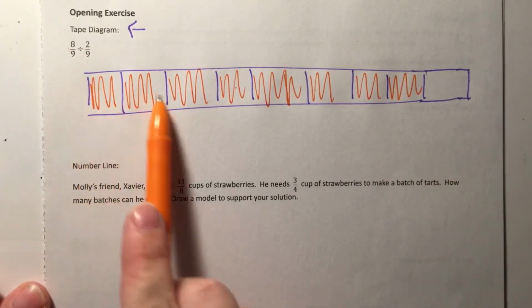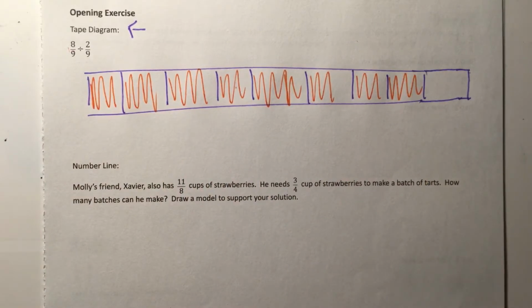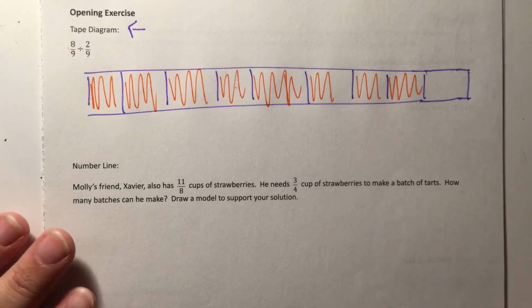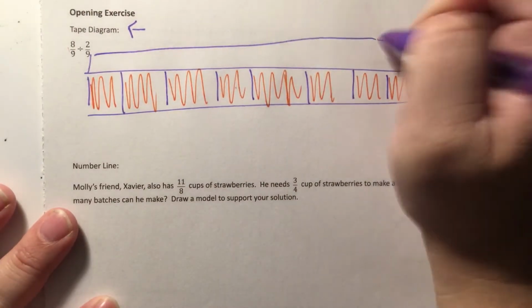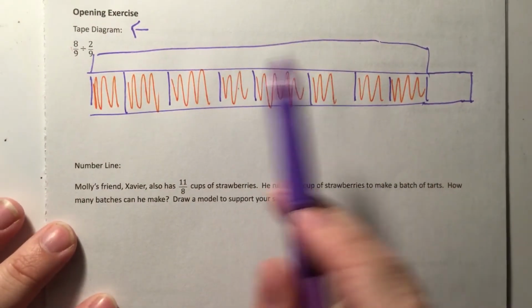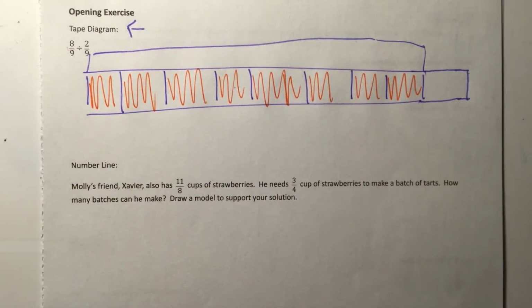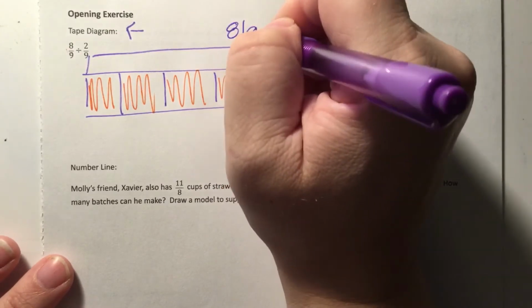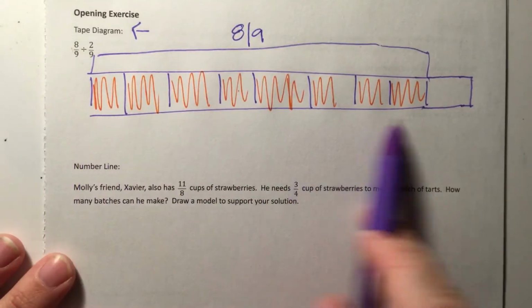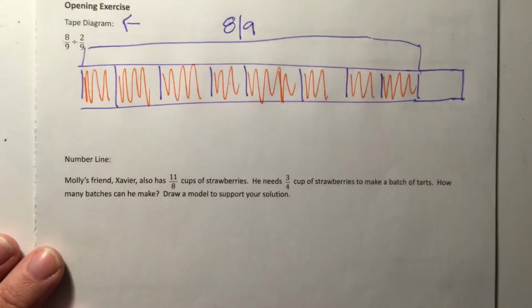You can distinctly see the lines within the boxes, hence the reason I use color, so you can count very easily. Okay, I'm going to label that here. What number is this? How much is it telling me I have by labeling that? I'm hoping you're saying 8/9. Okay, we have 8 boxes filled out of the 9. Okay,